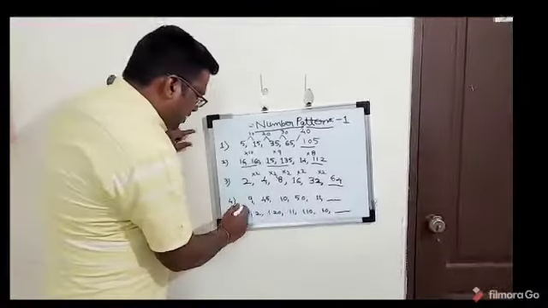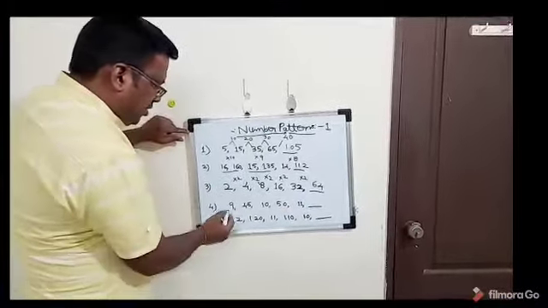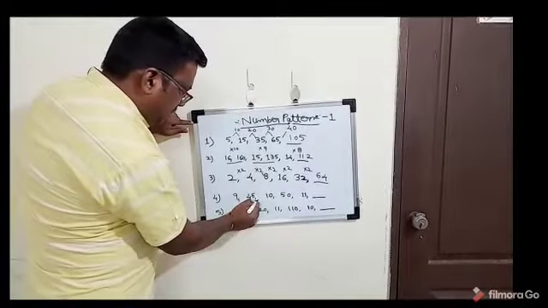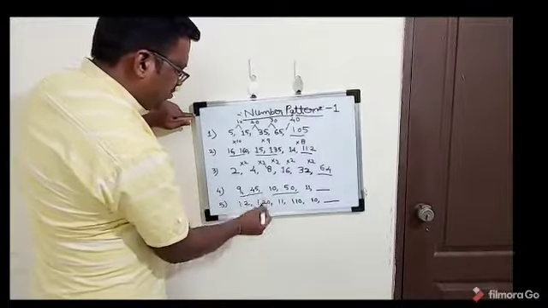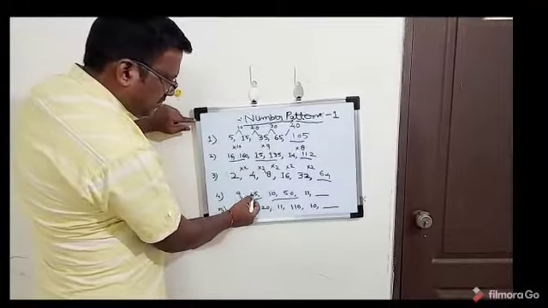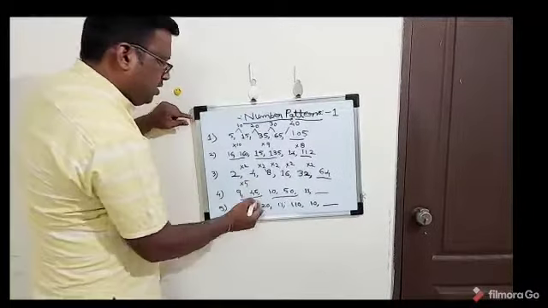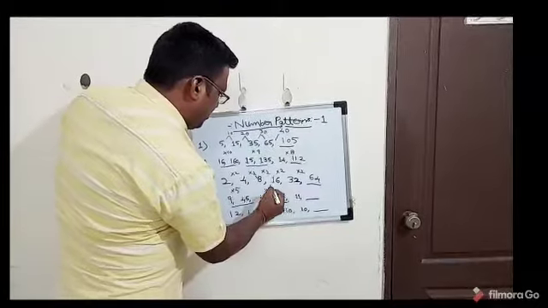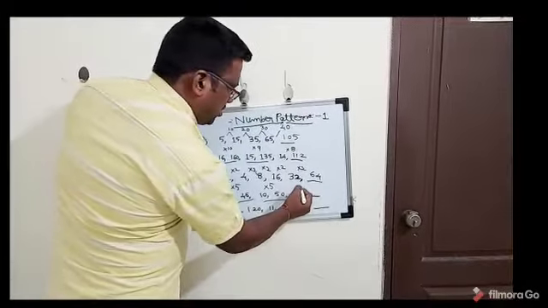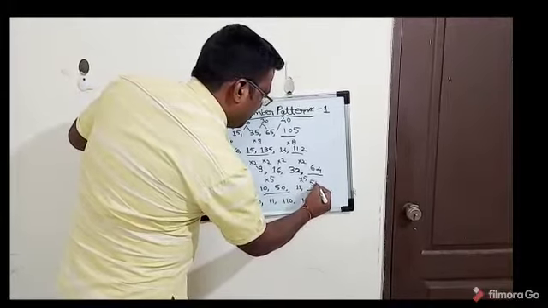Similarly, you need to find the missing number here. Here it is 9, 45, 10, 50. The logic is simple. In the 9 table, when do you get 45? 9 times 5 is 45. Similarly, in the 10 table, 10 times 5 is 50. So in a similar way, what is the answer here? 11 times 5 is 55.